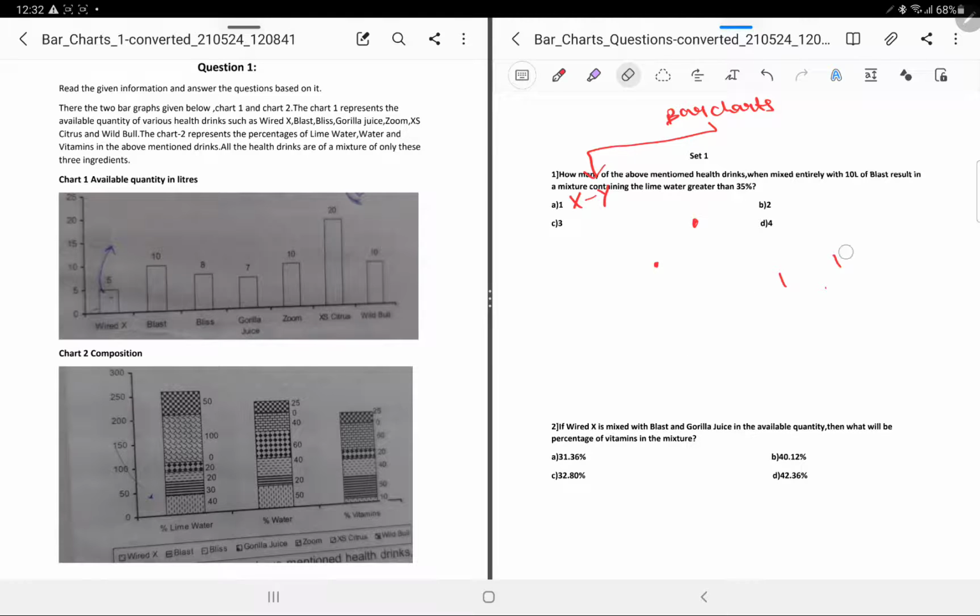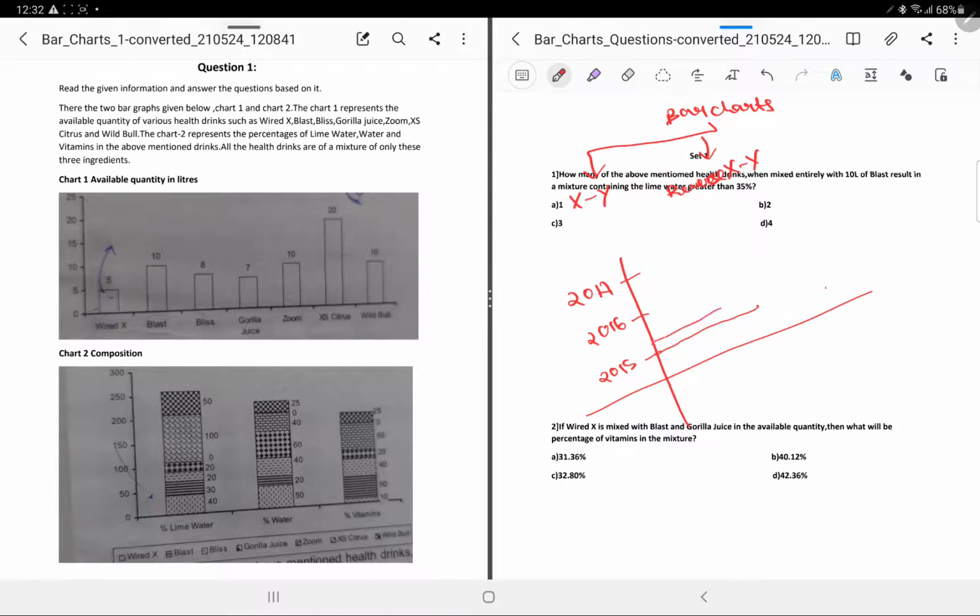Now the other one is just the reverse of that. There is nothing different, it is just the reverse of the XY graph. Say you have 2015, then 2016, then 2017. The values, the quantity, you will now find plotted on the x-axis. This is like 5, this is like 7, and this is like 10. This is also called the reverse of the XY graph, or the YX graph, you can call it anyway.